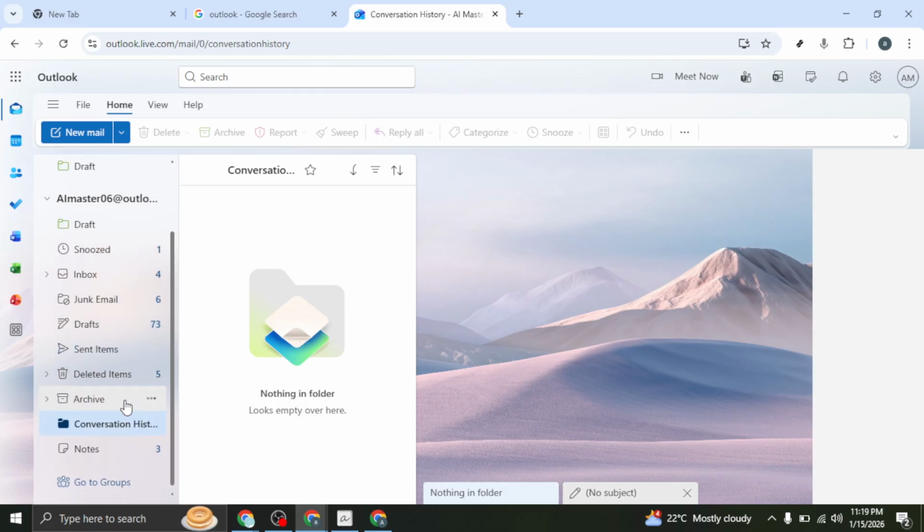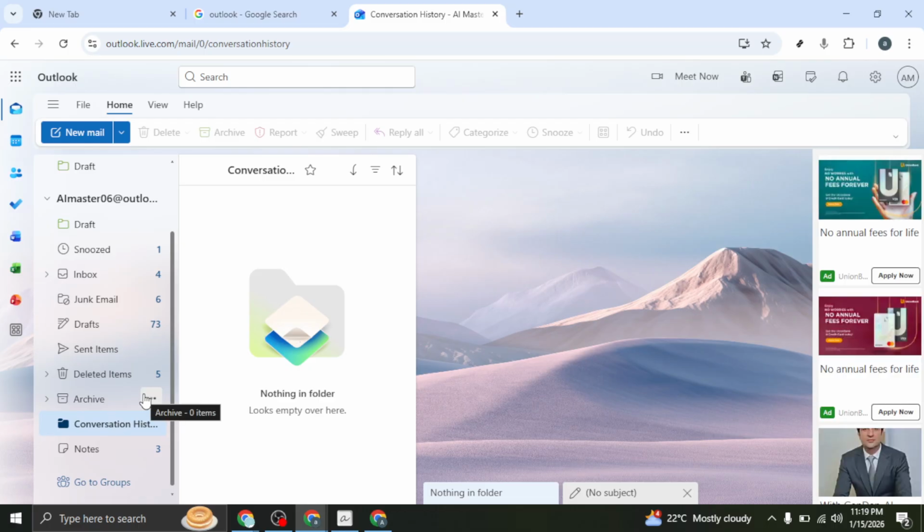That's all there is to it. Open Outlook, go to your folders, use the three dots to open the menu, hover over Change Color, and pick the shade that helps you stay organized. Feel free to repeat this for any other folders you want to highlight, and refine your color scheme as your workflow